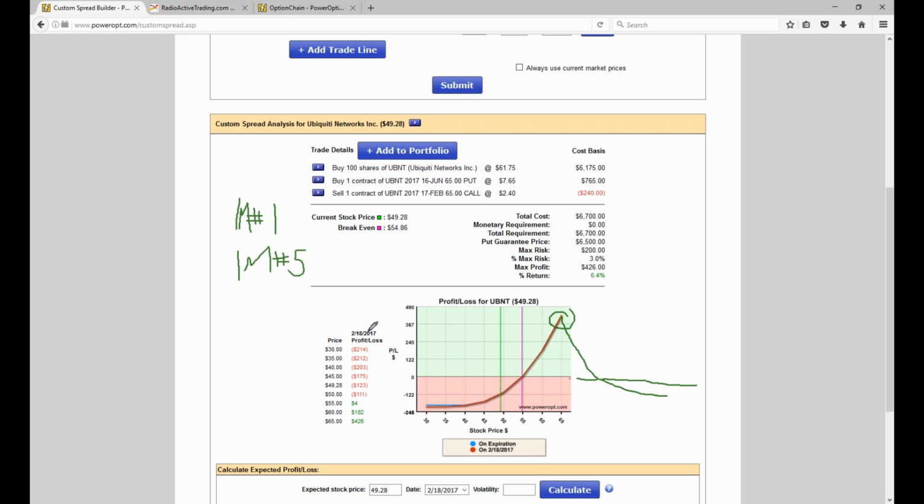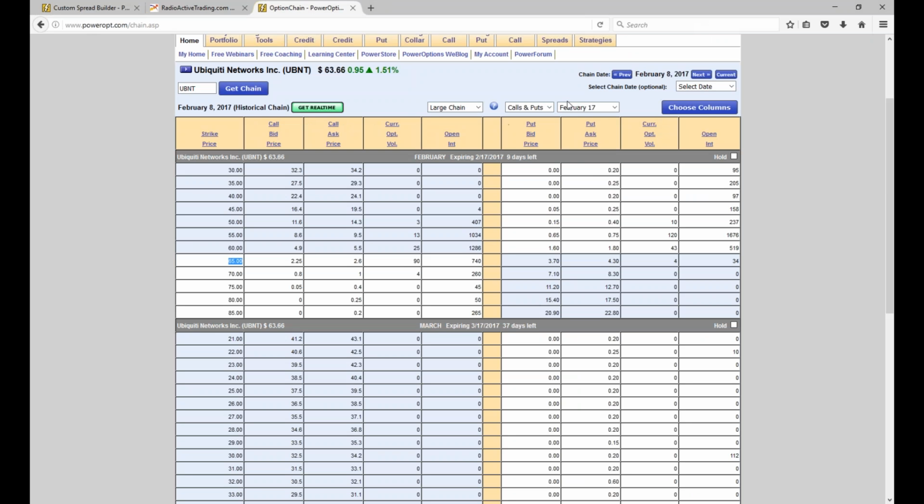is I could have used income method number 3. When the stock was trading at 63.66 on February 9th, okay, let's go back to the chain. I'm going to hold the February, now I'm going to hold the March, and let's go to June. So, on February 8th, this is the historical chain here,